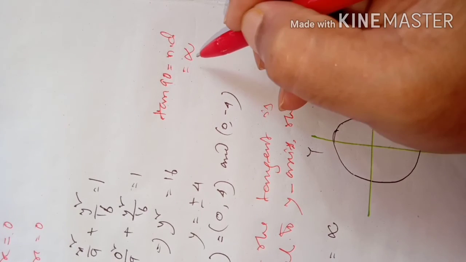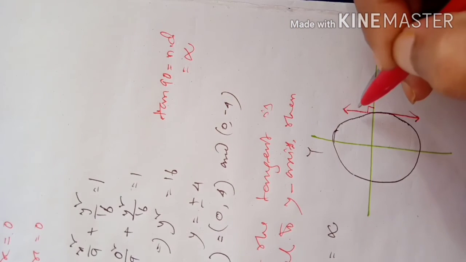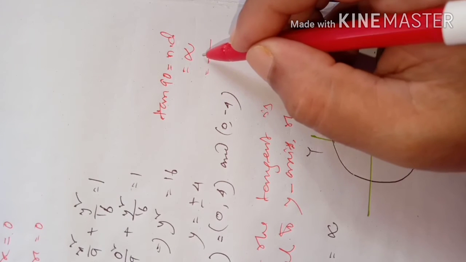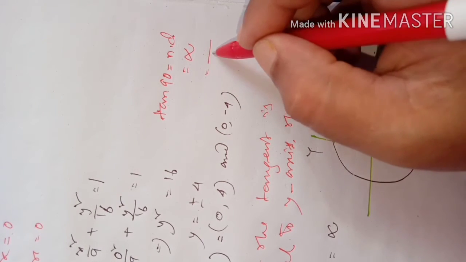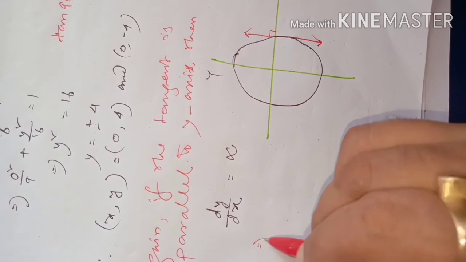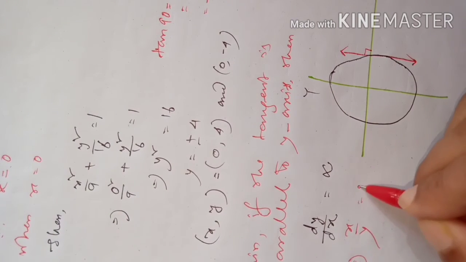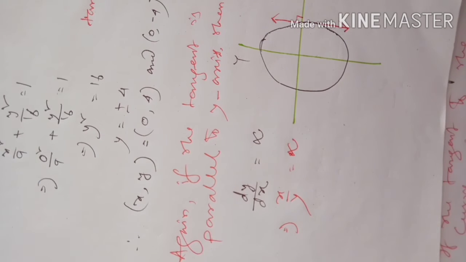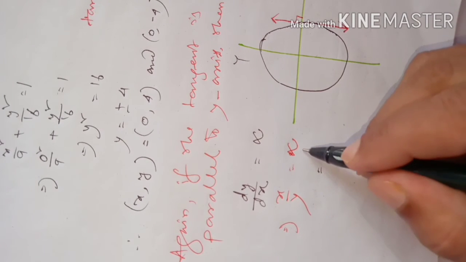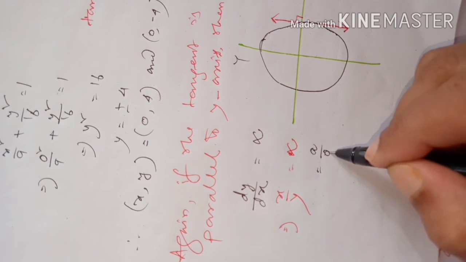Okay, infinity, that means the denominator is 0. In our case, the denominator is 0. So that means it will be a non-zero number by 0. So what you can see here is dy by dx is infinity. Dy by dx, what we got? Dy by dx, we got x by y. X by y is infinity. So this infinity stands for something like this: say one non-zero number, say a by 0. Then if you take their reciprocal,